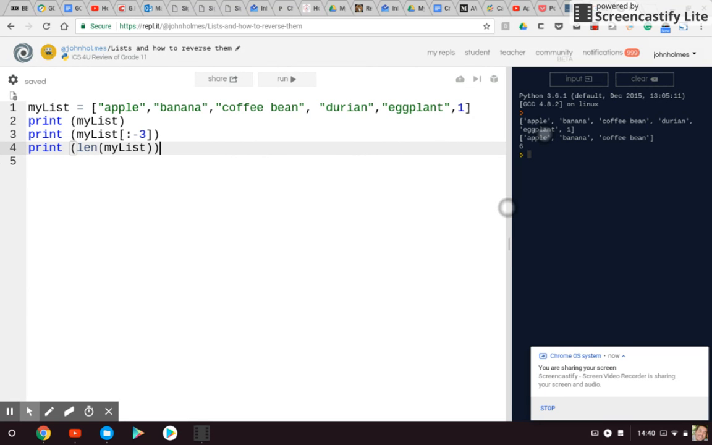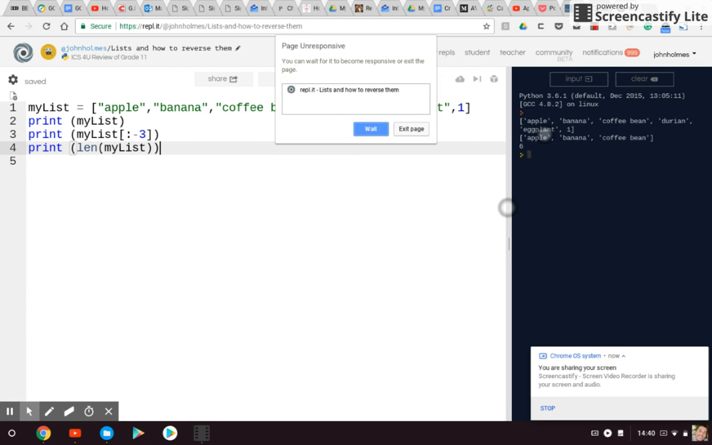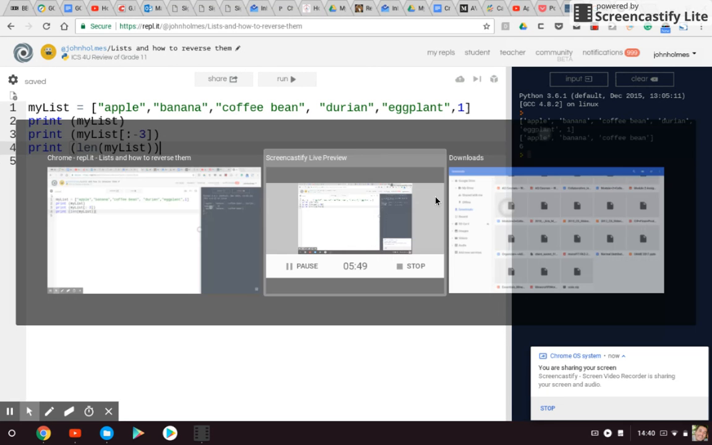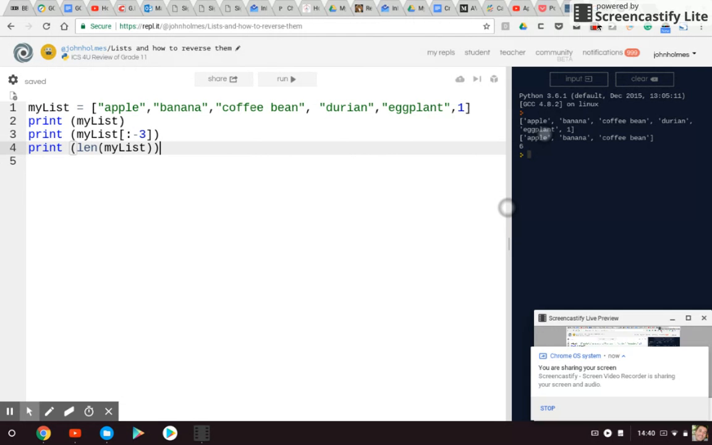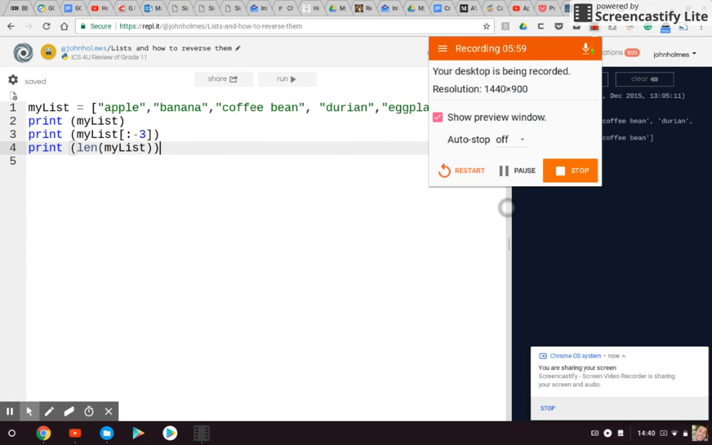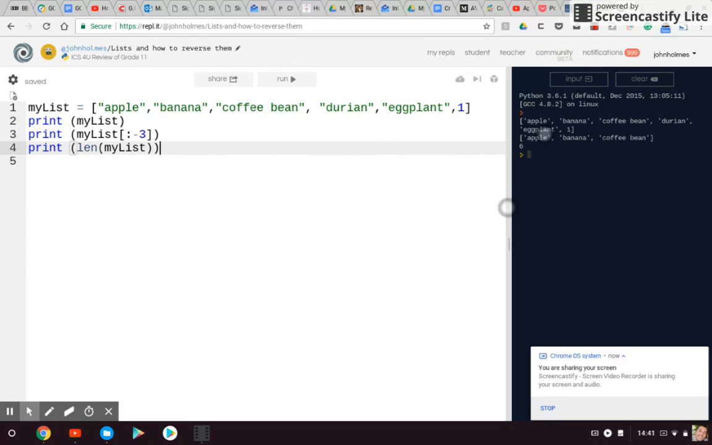So now what I'm going to do, I'm going to pause because my page is unresponsive. Oh, it's just slow. Okay, I'm just going to keep going. Let's see if we